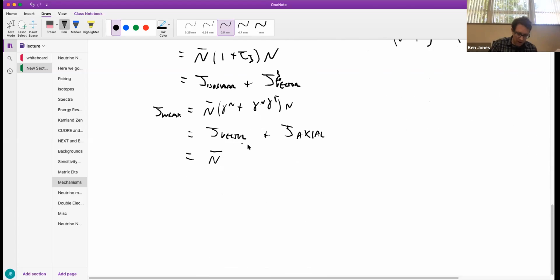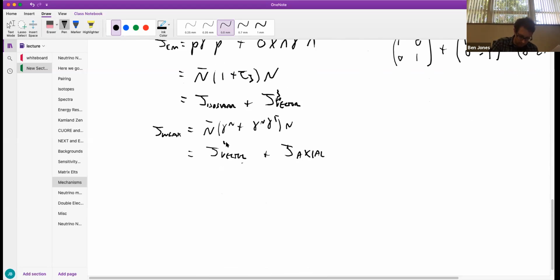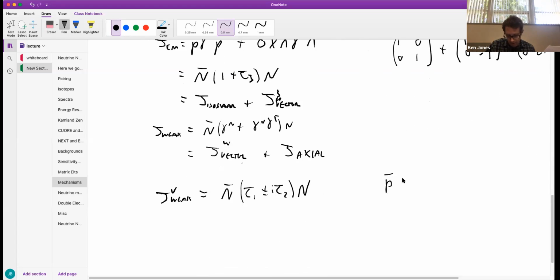So the vector part of the weak current generally is going to have the form N bar (tau1 plus or minus i tau2) N. Okay, because always this current is going to be coupling protons to neutrons or neutrons to protons because the weak bosons change the